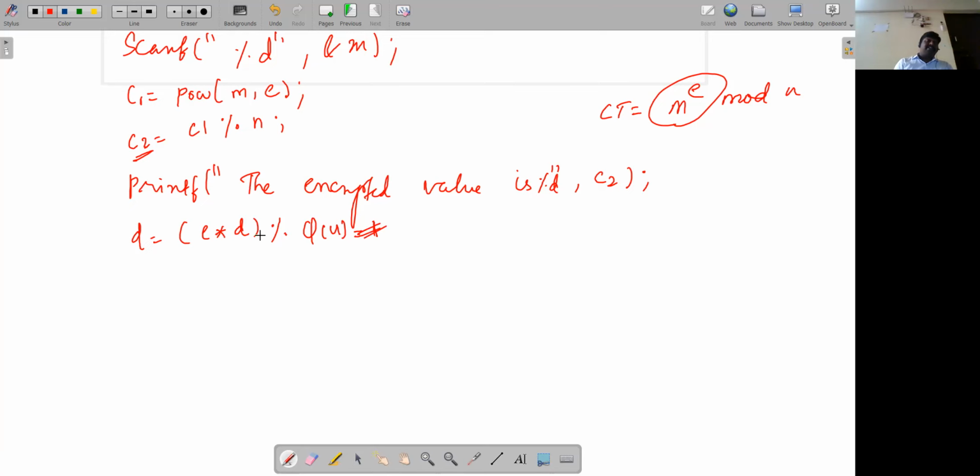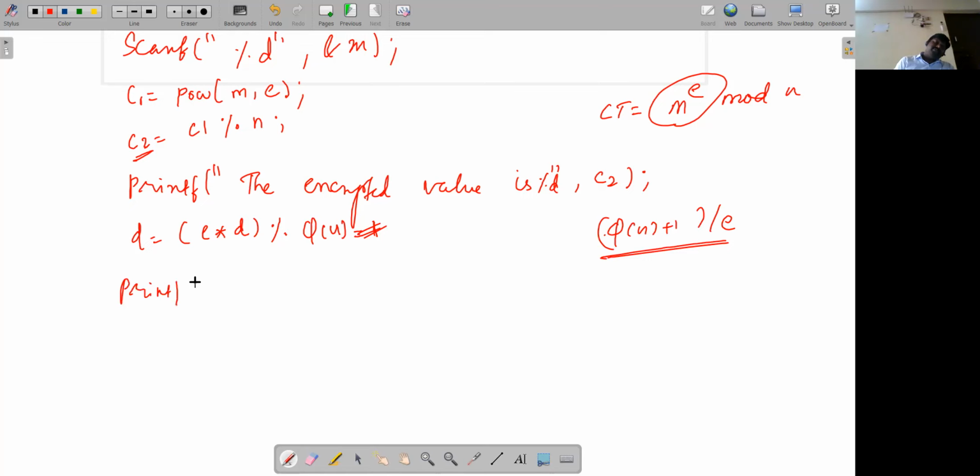Whatever the result you are going to get, that will be your D value, or you can use this formula, pi of n plus 1 upon E. So you can use this formula and the D value will be calculated. After that, you can display the value